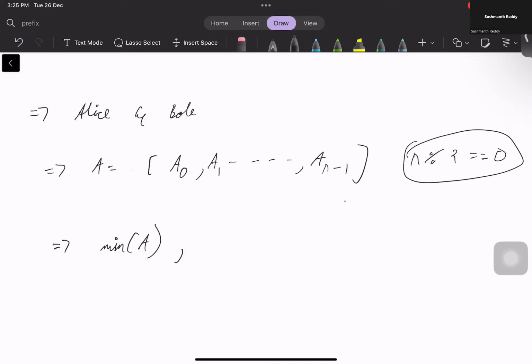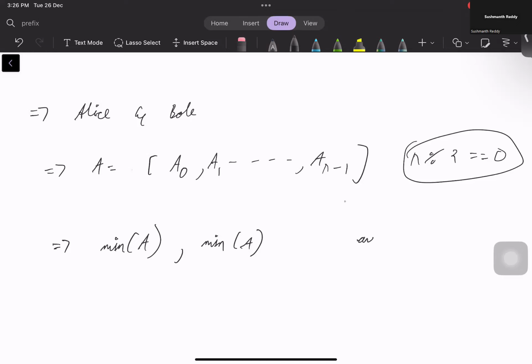Then after removing the minimum element, Bob will pick the minimum element from the updated array. Secondly, in the first move, he'll pick the minimum element of the updated array. Once they pick these elements and remove them from the array,